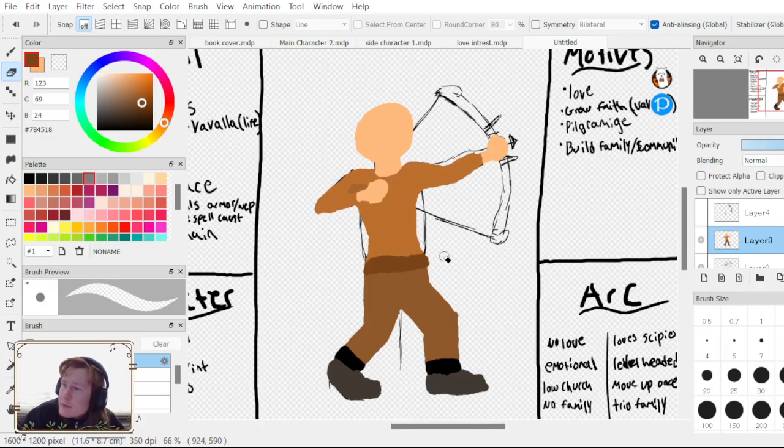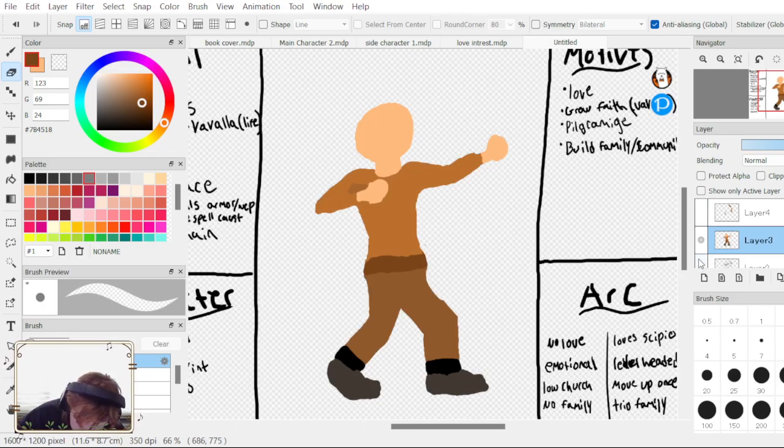Alrighty, the hips can kind of come back a little bit more. There we go. I like this is a little bulky too. I don't need that layer anymore. Oh Lord, have mercy upon them hips.